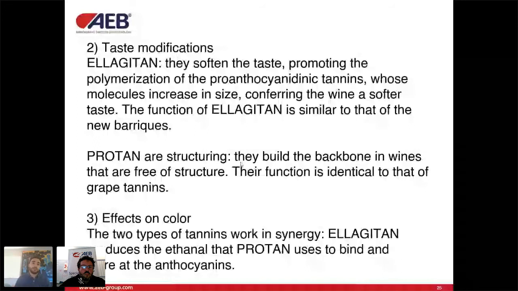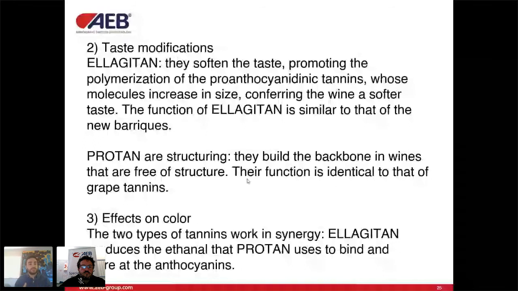While the Proanthocyanidic tannins are more structuring, so they create the backbone of the wine, and they behave like skin or seed tannins depending on the origin. They have Ellagic tannin and Proanthocyanidic tannins. They have two different